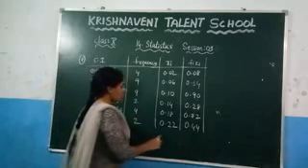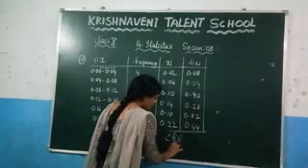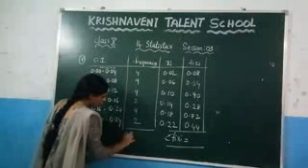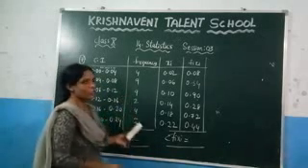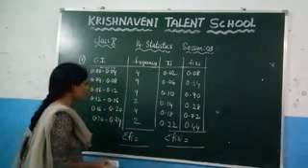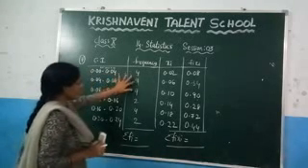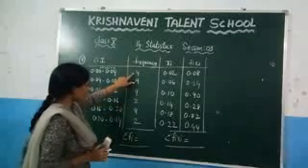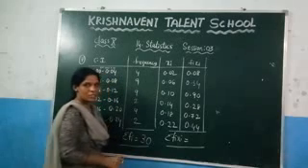So what is the next step? You need to find sigma fi xi, and you need to find the value of sigma fi. Finding sigma is nothing but taking the sum of all the values. So add them here: 9 plus 9, 18. 18 plus 2, 20, 24, 28, 30. So you will get the answer 30.